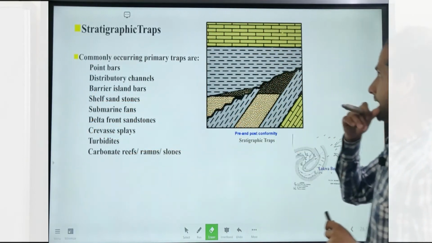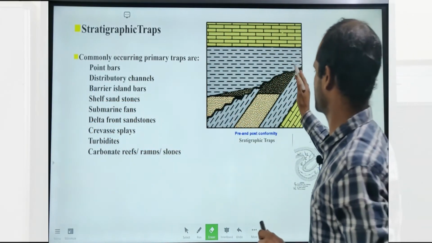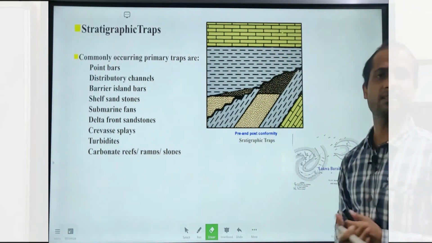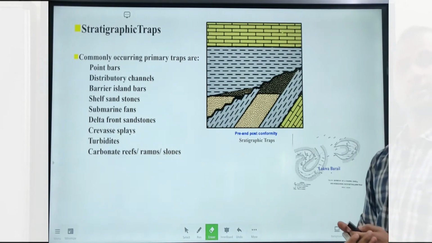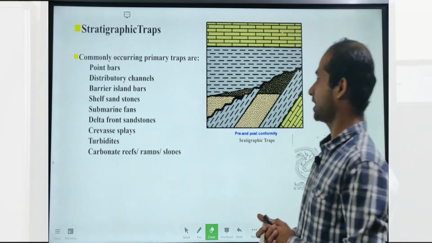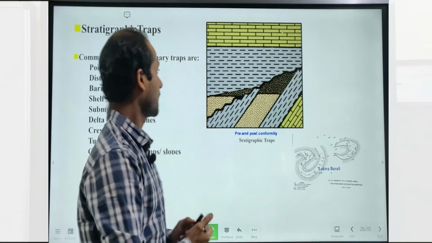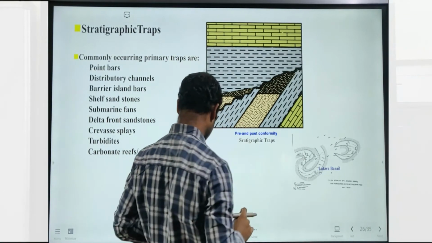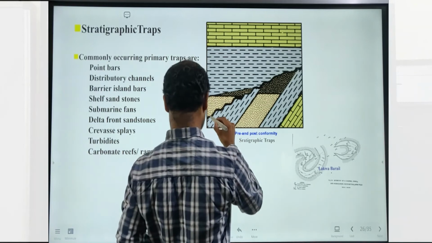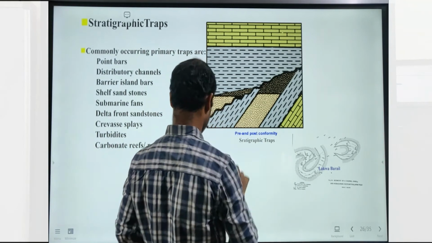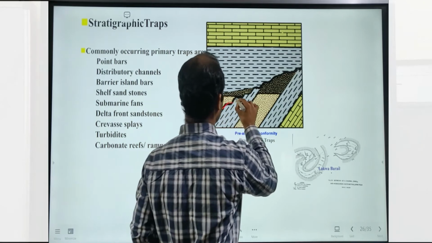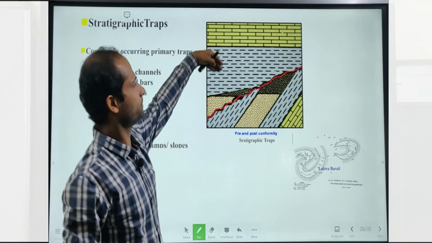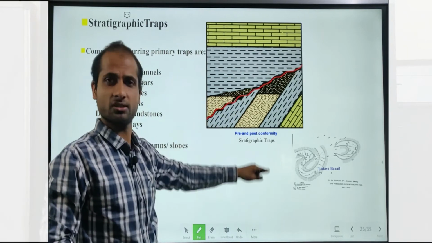And next is one stratigraphic trap. Can you tell what kind of stratigraphic trap it is, whether it is primary or secondary? Very good. As you see here we have an unconformity. Some of you are really good and you can demarcate very easily. Over here we have an unconformity, and deposition of this phase is separate and deposition of this phase is